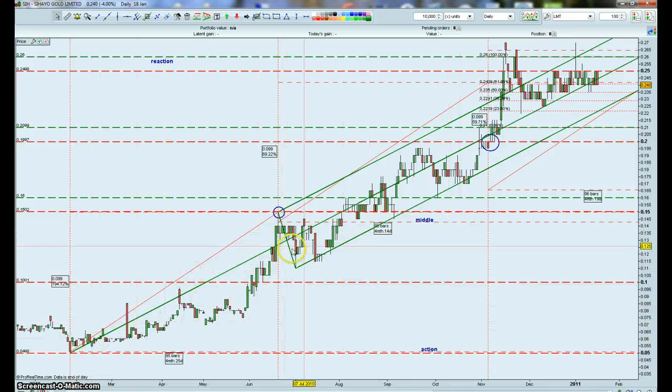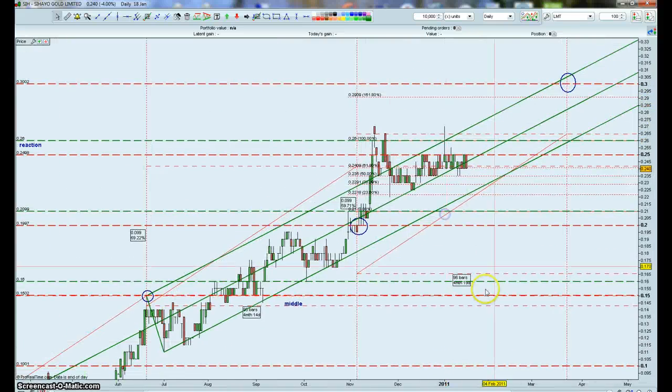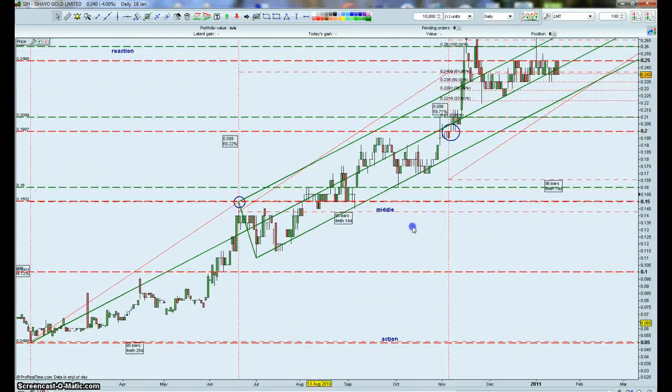Well, that tells us that this is a good indication of trend, because price is always reverting back to this median line here. The other exciting thing to notice is that price in the past, not only has it reverted back to the median line, but price is always at the cross between the red